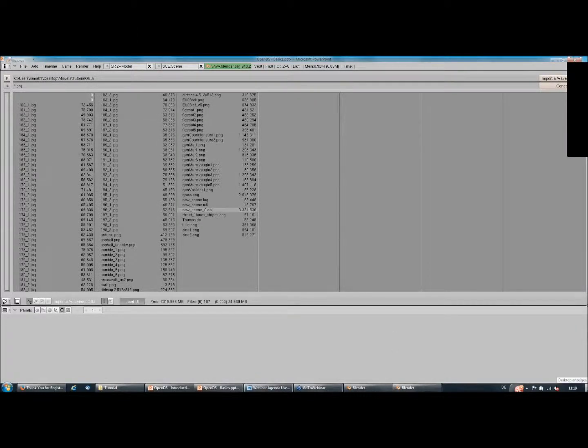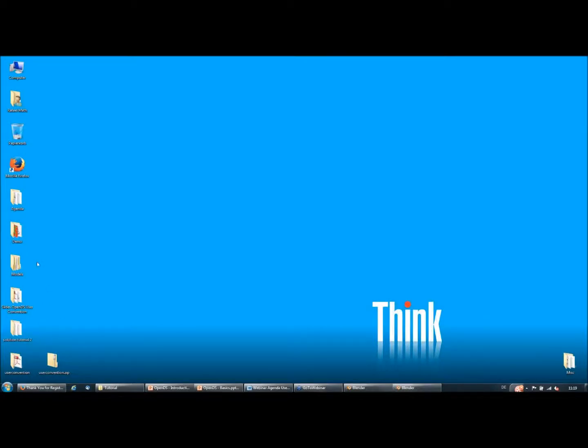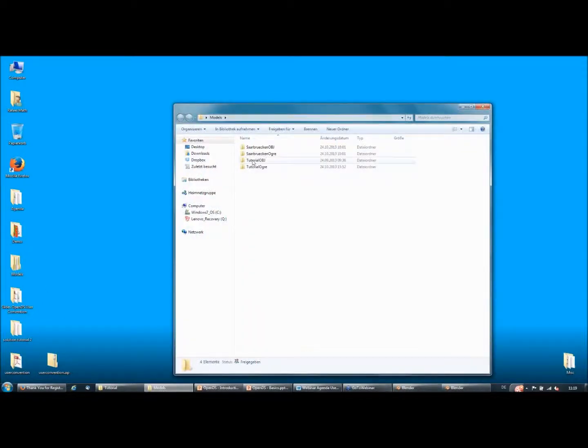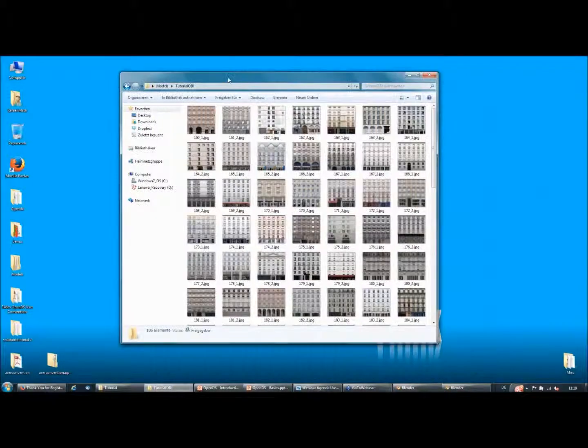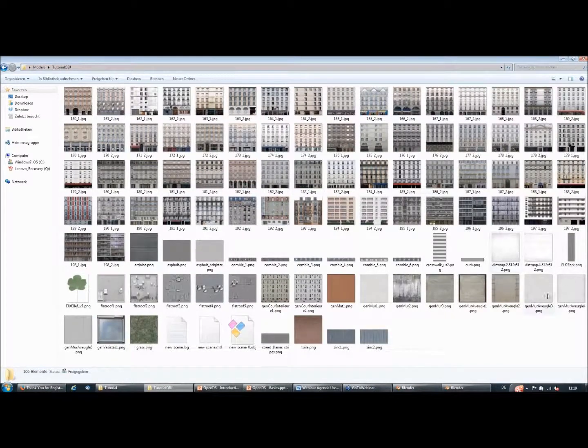So I just show you what this folder looks like before I load the model. It's here, tutorial object folder. And again, it's a bunch of textures. And somewhere here at the end, you will see the OBJ file. This is where the information about the model is contained. There you will find all the mesh information. We have some material file, which is the assignment of textures that can be found in this subfolder to the meshes. So I go back to Blender